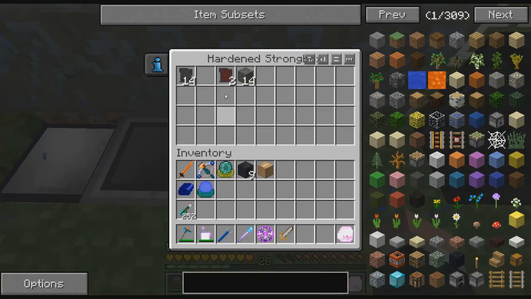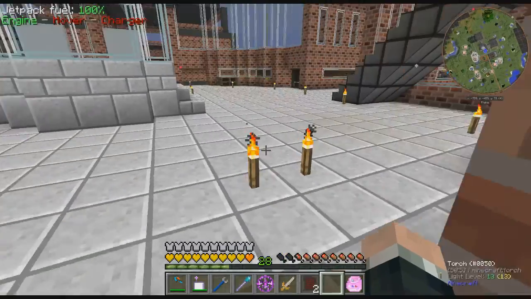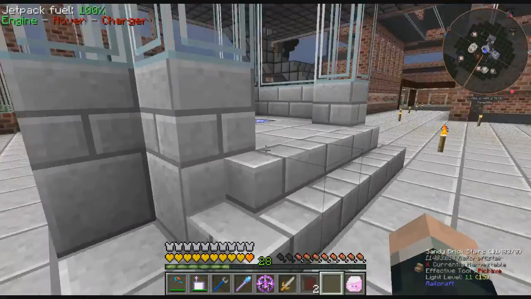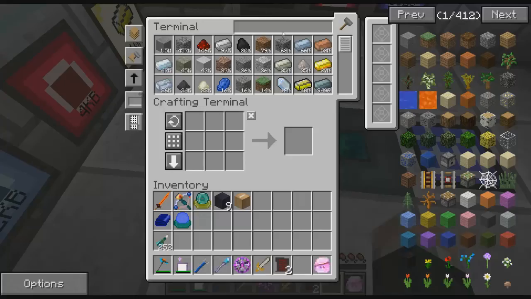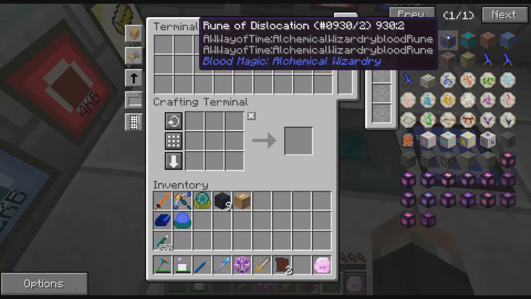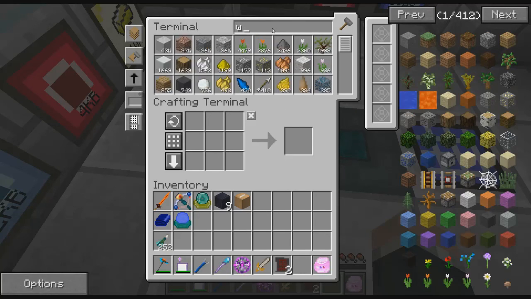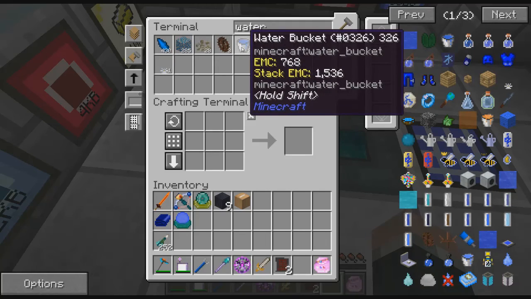Now what we can do is come over here. We want to get the Runes of Dislocation. So we need water buckets. So 6 water buckets. I don't know how that makes sense, but